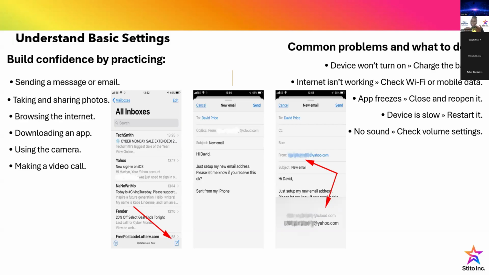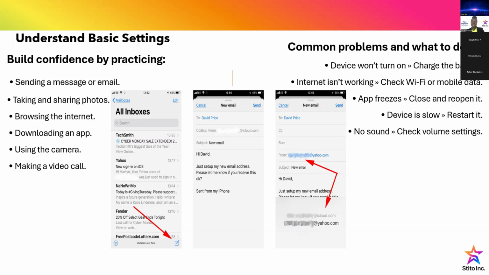Just plug it in and see. Maybe it's actually dead, maybe it has no power. Once the gadget is dead, there's no miracle that can happen except to plug it in and give it some power. Let's check it first. If the battery is not dead and it comes up, then we'll check other things. So that is the first thing, if your device will not turn on.